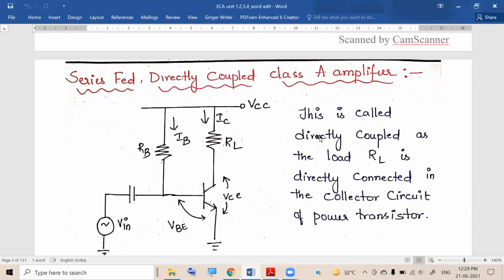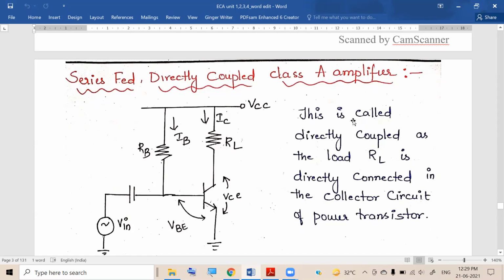So whenever you want to find the power supplied to the circuit, what you need to do is see what the voltage source value is, multiplied by the current drawn from the voltage source. So now tell me, easy question. What will be the DC power supplied in this circuit?